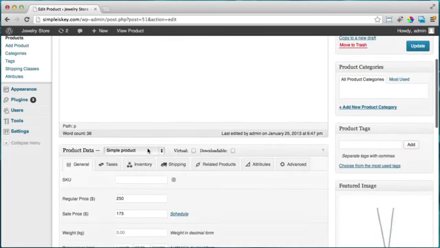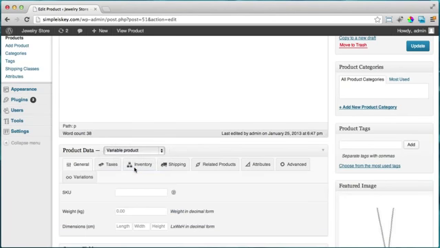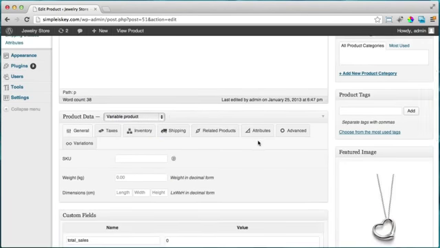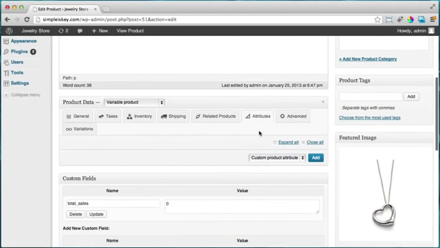And if we scroll down under Product Data, we could click Variable Product. Then we can click the Attributes tab, and we can add another one. So just click Add,